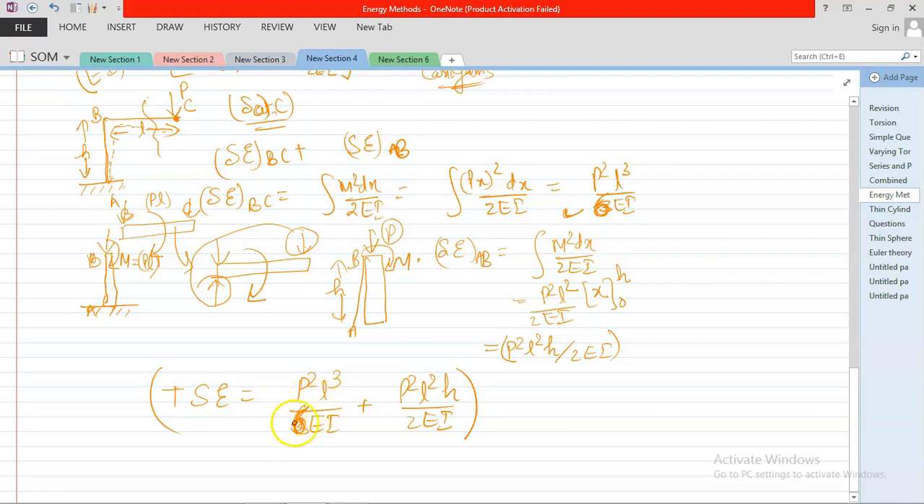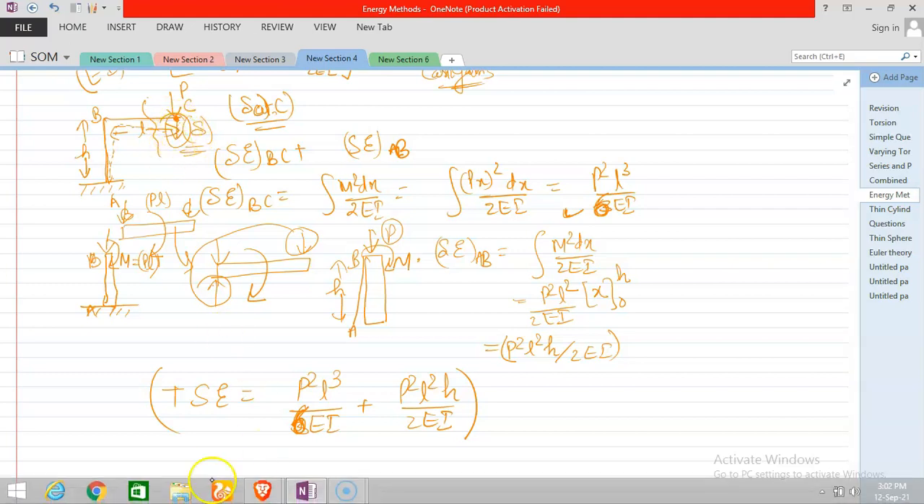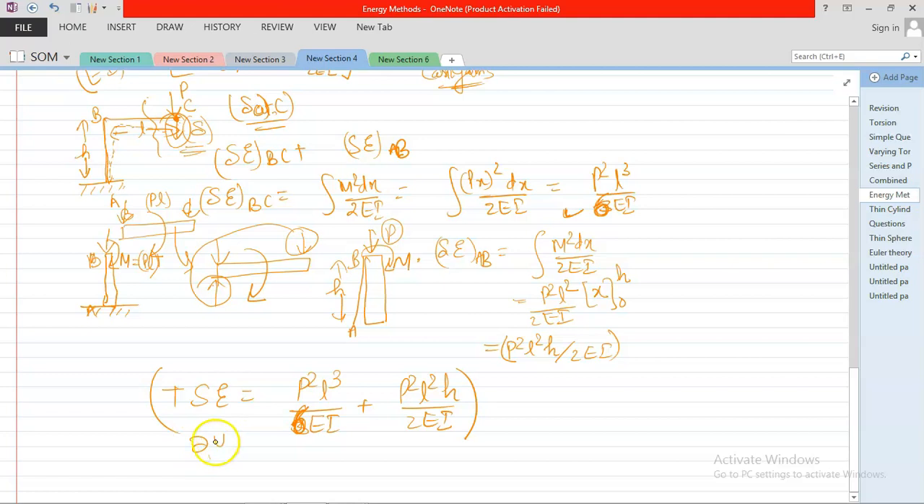Now if I want to obtain the vertical deflection, because the load is acting in this direction, that is the deflection delta, the vertical deflection at the point. So you need to differentiate it. Suppose this is U, you need to differentiate it with respect to P. Now it will be 2PL cube upon 6EI plus